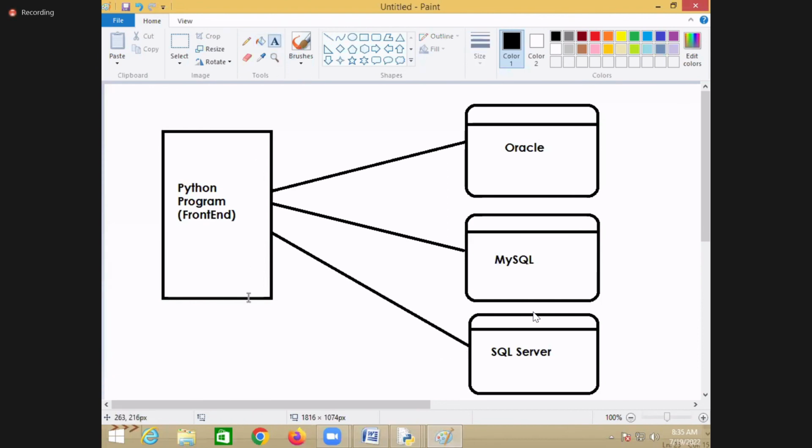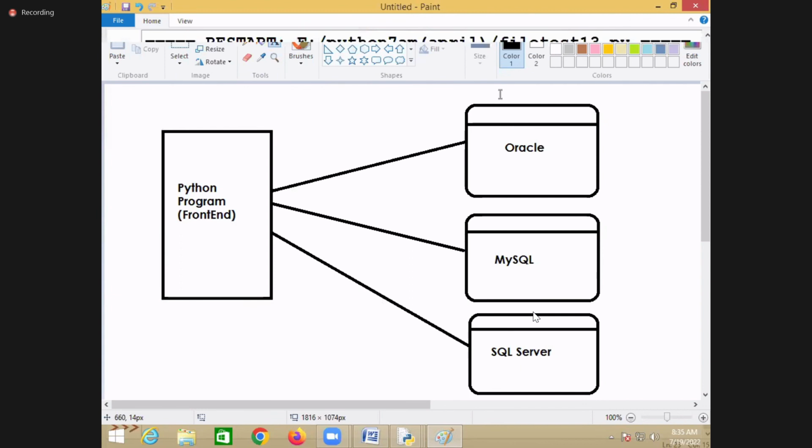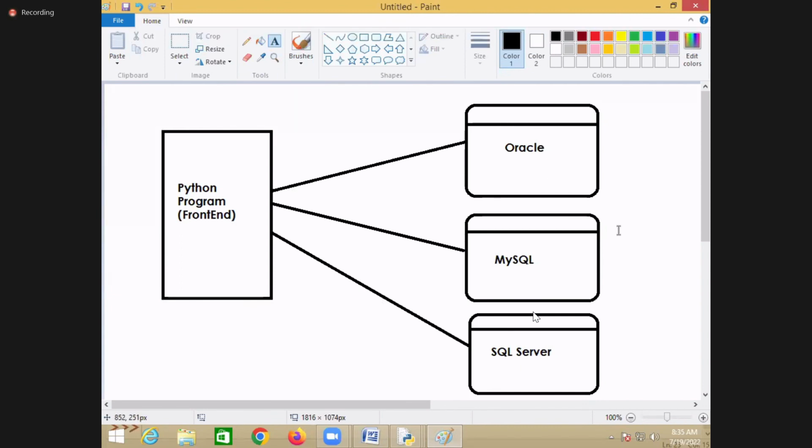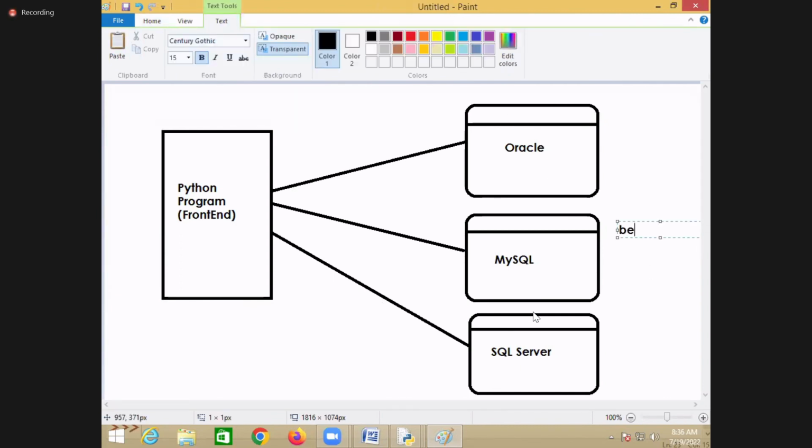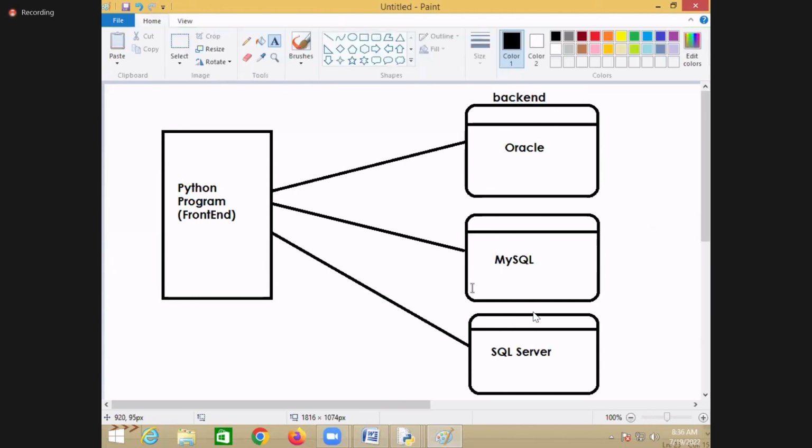So Python is called the front end, and these databases are called the backend, where I'm using the database as the backend. Your language is the front end and your database is taken as the backend.